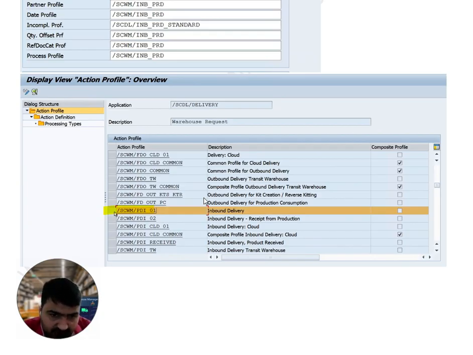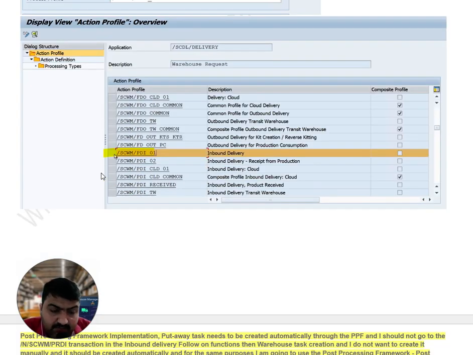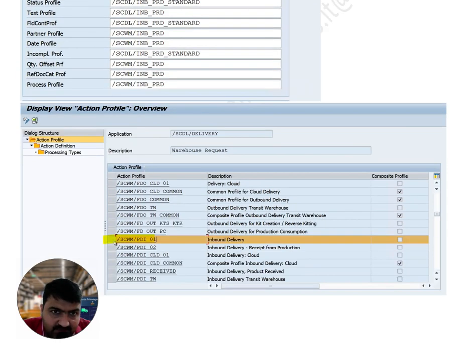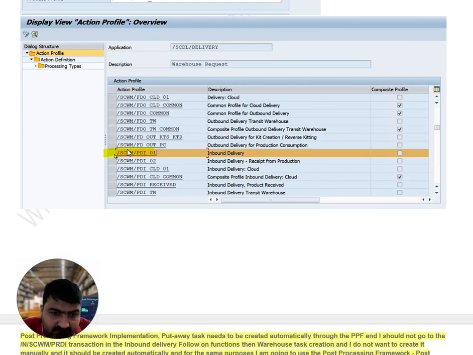As I have said, in all my books and documents I have mentioned each and every step line by line. Even in my classes and trainings, you will find it like this. This is the real-time implementation. So here you can see the difference. Before it was SCDL delivery, now it is SCWM, warehouse management.